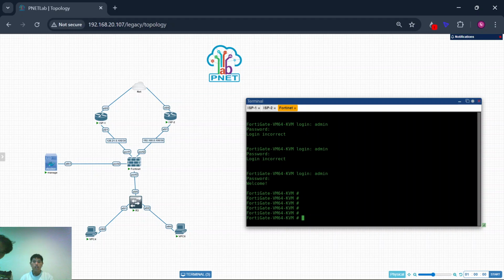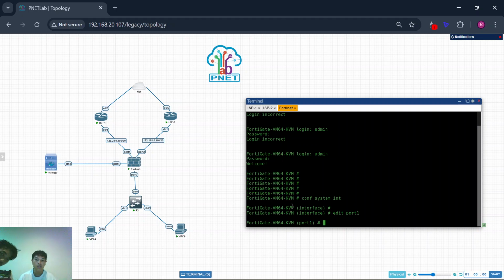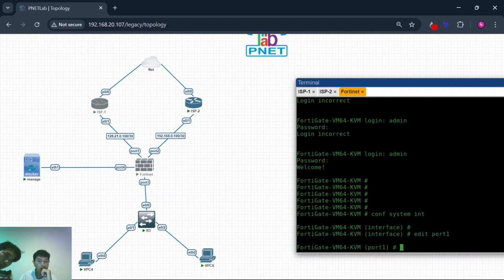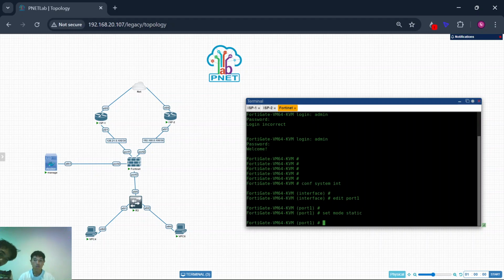And for the configuration, if you want to add an IP inside an interface, you can write this command: configure system interface and go to edit port. This is port 1 because I want to add an IP on this interface. So set mode static, this command is to change, because the default for the port is DHCP, so you can change to mode static.